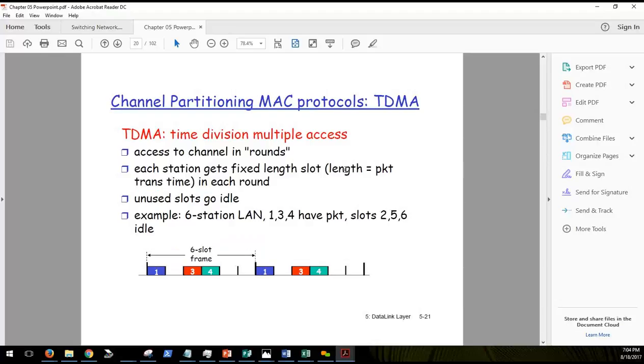So here we are, channel partitioning. This is the first type that we had talked about. And within channel partitioning, there are a couple of different examples. There is what we call TDMA, or time division multiple access, or FDMA, which is frequency division multiple access. In both cases, in a given time segment, we would generally divide that up like with